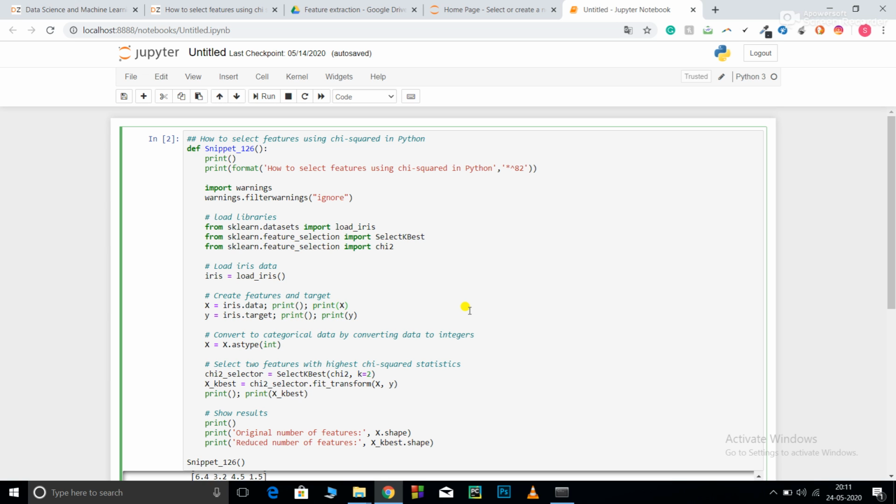What the chi-squared method does is use the observed and estimated number of values in order to calculate the chi-squared value. The basic formula is observed minus estimated, the whole squared, upon estimated, summed over all the categories. There are some prior assumptions to the chi-squared method: the data should be randomly picked and all the features should be mutually exclusive.